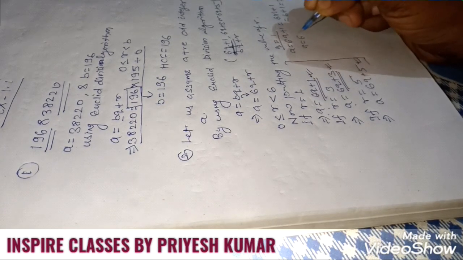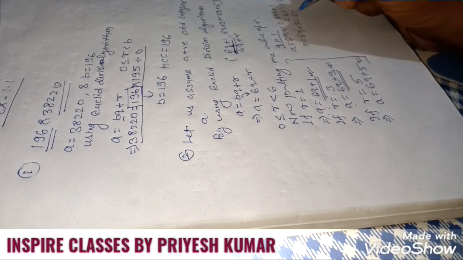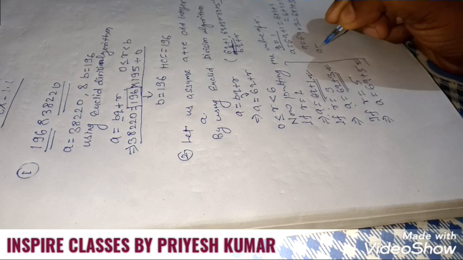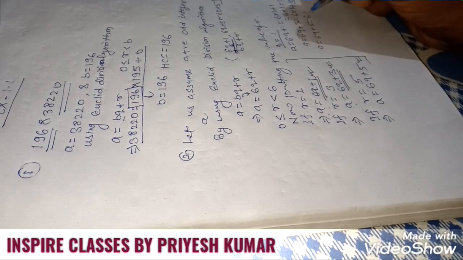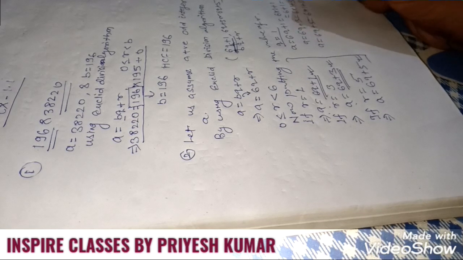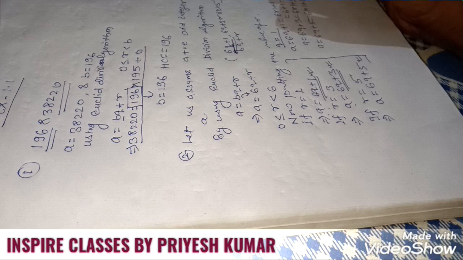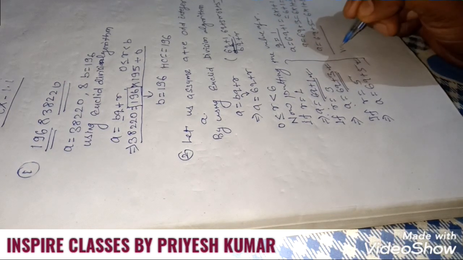A is equal to 6q plus 3, that means 6 into 1 plus 3, that will be 9. Or A is equal to 6q plus 5, 6 into 1 plus 5, this will be 11. You can see that in this question all the numbers have been changed as the positive odd integer, that is 7, 9, 11. That's why our question is verified.